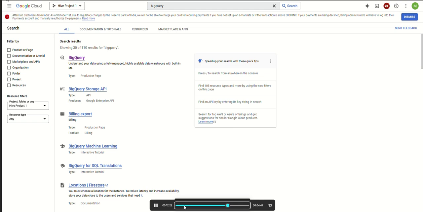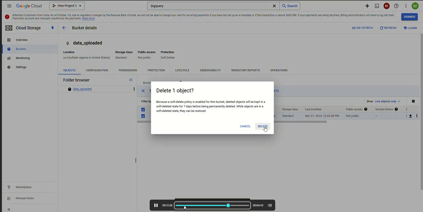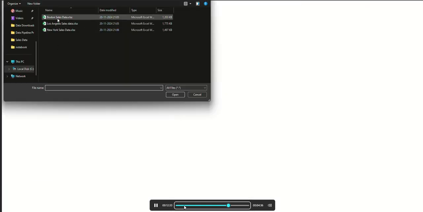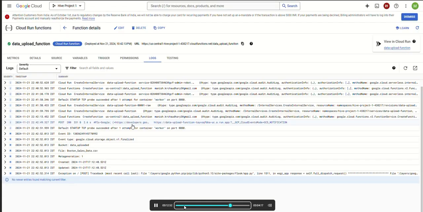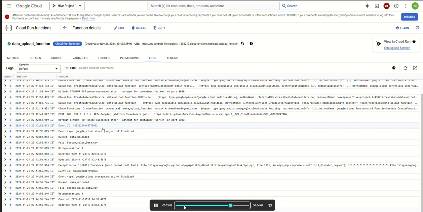So here I have created the sales dataset. Now I'm deleting this Boston data from here, and again we'll upload. So let's upload it. Got uploaded. Now we will be able to see how many rows were inserted, since we have written that in our cloud function. Yeah. So here we can see the bucket name, event type, event ID, and at last